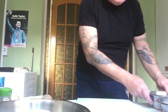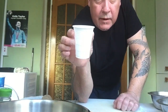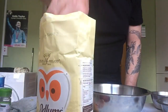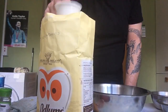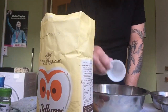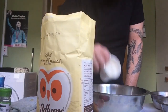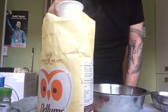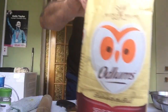So flour. I'm going to measure out the flour here with the disposable cups. So three cups of flour into your bowl. If you're only making an individual pizza, do 2 cups. But for the average, this pizza will feed about 2 people. 3 cups of the self-raising flour